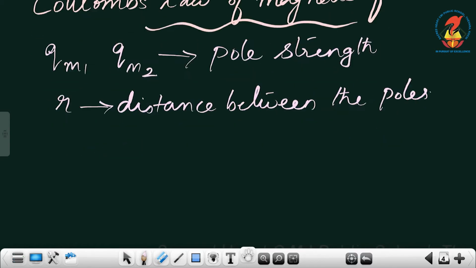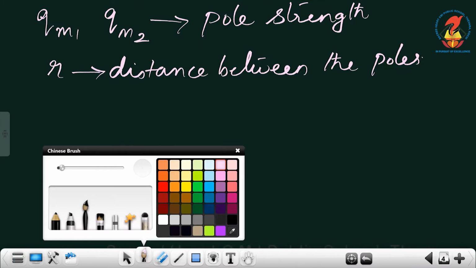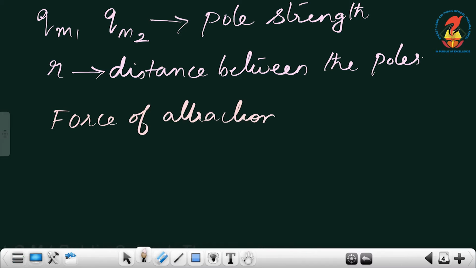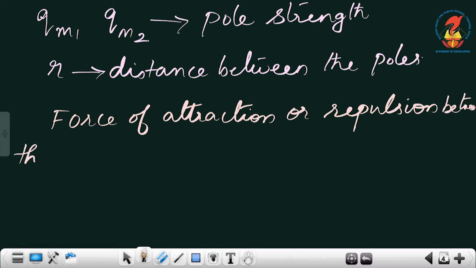Then, according to Coulomb's law, the force of attraction or repulsion between the poles